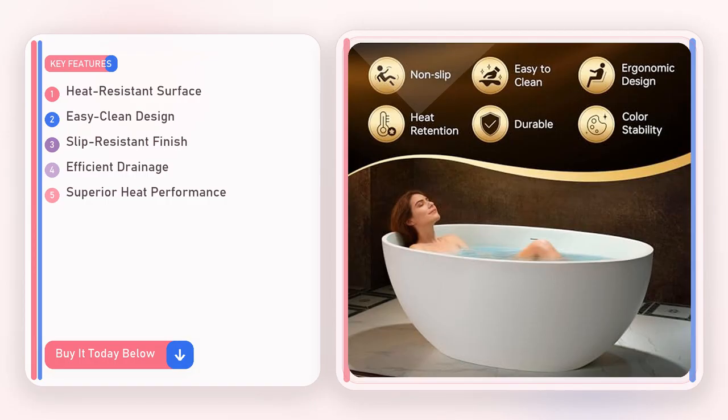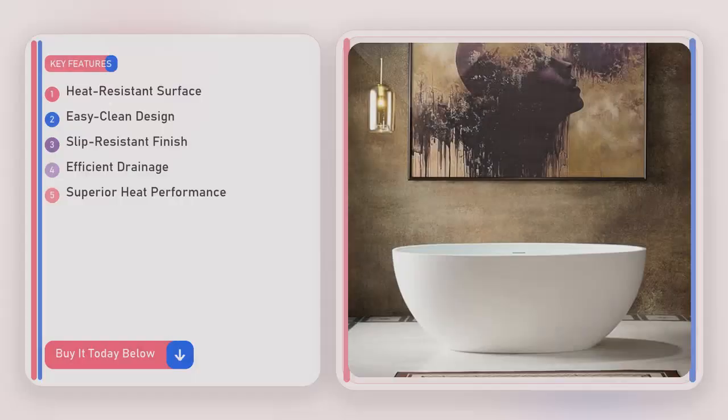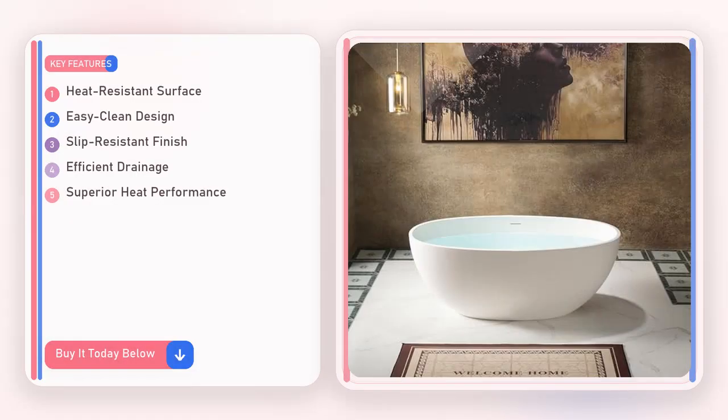It also makes sense for households where safety is a priority, parents with kids, older adults with balance concerns, or anyone who just appreciates that extra slip resistance. If you're willing to invest in professional installation and have the bathroom space to showcase an oval,